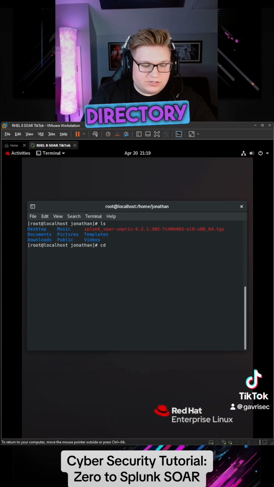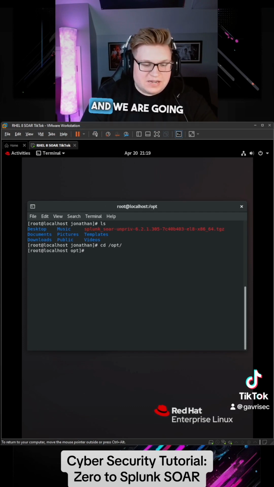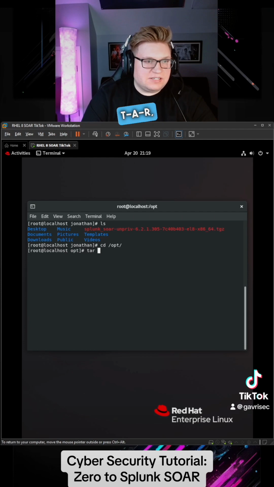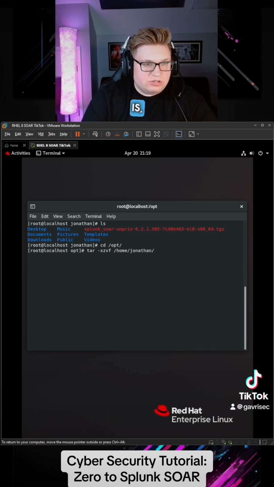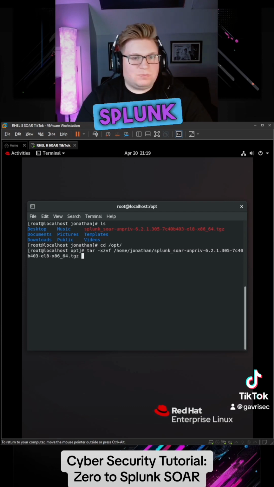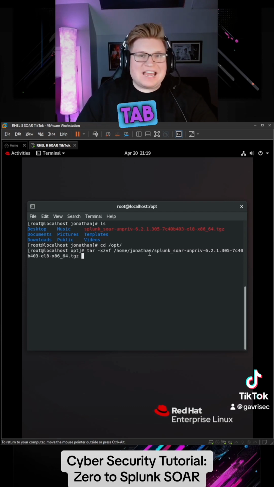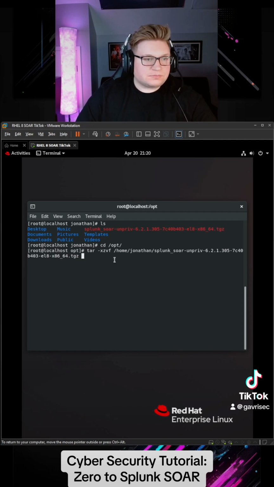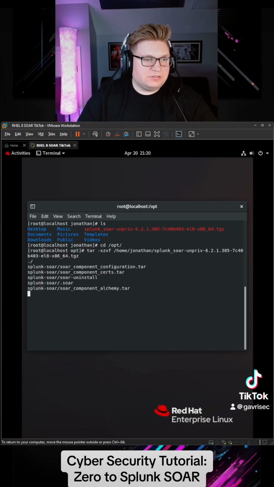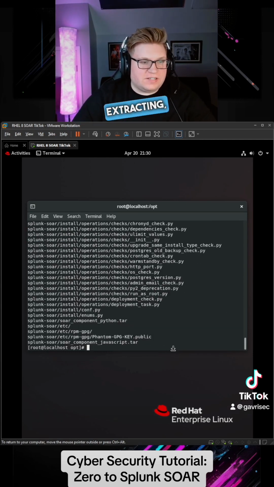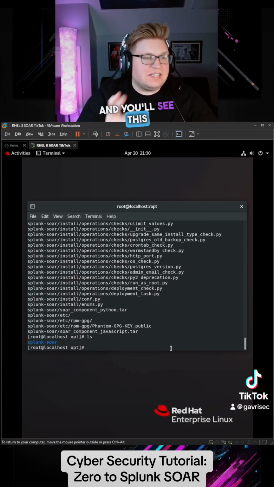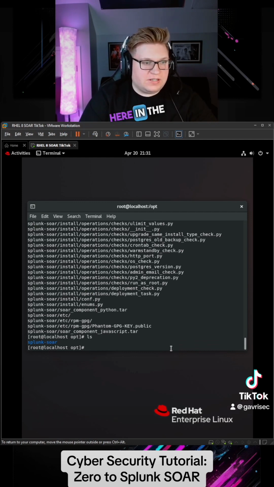Now we're going to change directory to the opt directory, and we are going to type in this command, tar, T-A-R, space, dash xzvf, /home, and then whatever your username is, and then that giant Splunk TGZ file. And as a tip, you can tab autocomplete so you don't have to type all this out. So then you're going to press enter, and this is going to extract into this opt directory. Okay, once that's done extracting, you're going to type in ls, and you'll see this Splunk-SOAR directory here in the